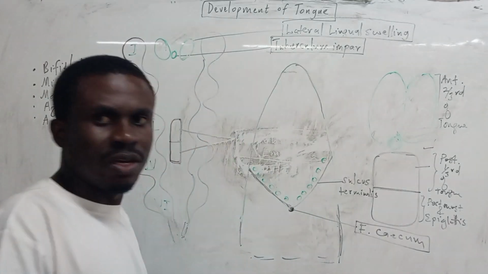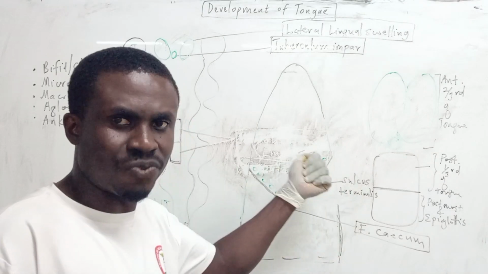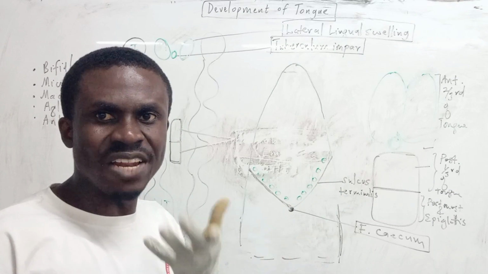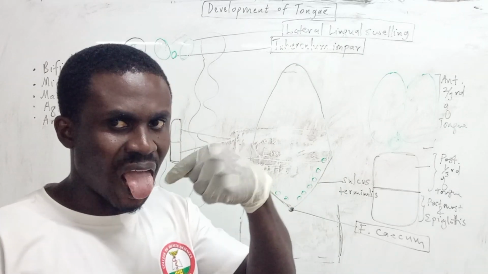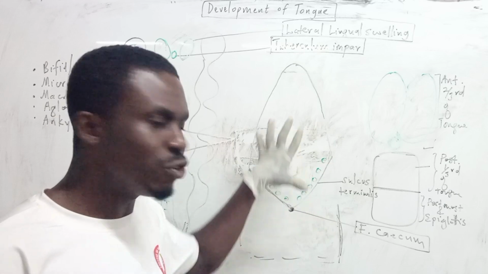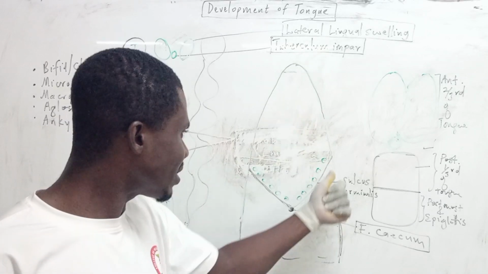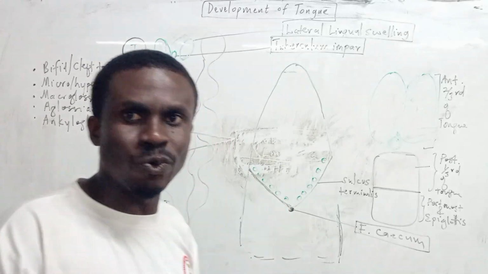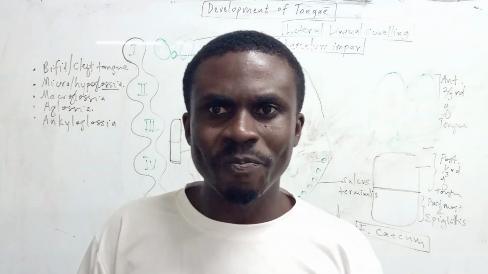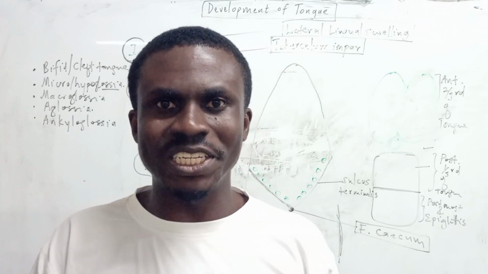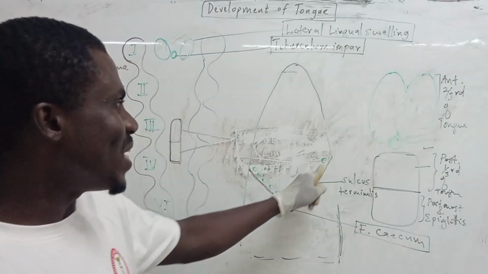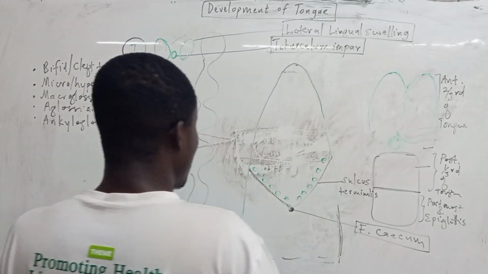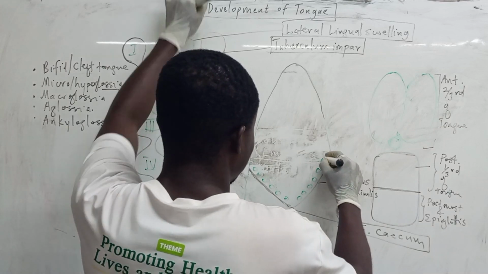Now, just in front of the sulcus terminalis, we see these primary papillae, mucosal elevations on the dorsal aspect of the anterior two-thirds portion of the tongue. Why? Because it's coming in front of what we call the sulcus terminalis. But this is where there is an interesting concept I want to tell you. It does not mean that this guy we are calling circumvallate papillae,